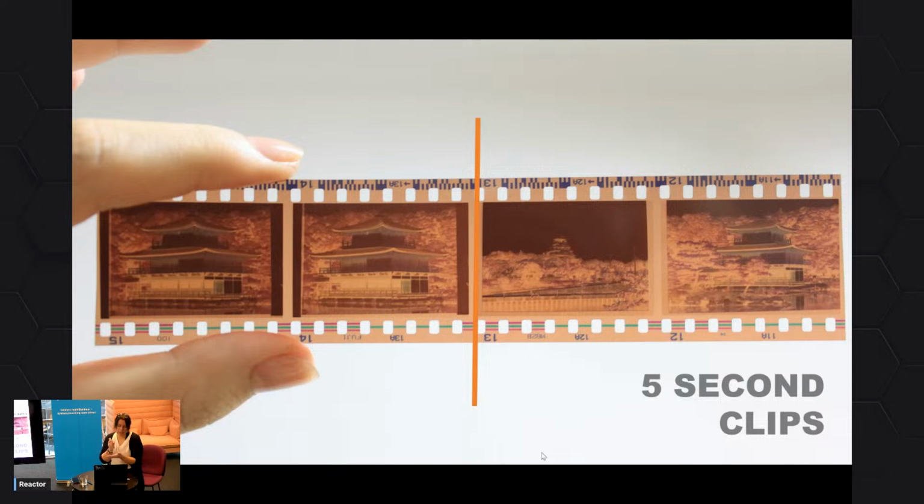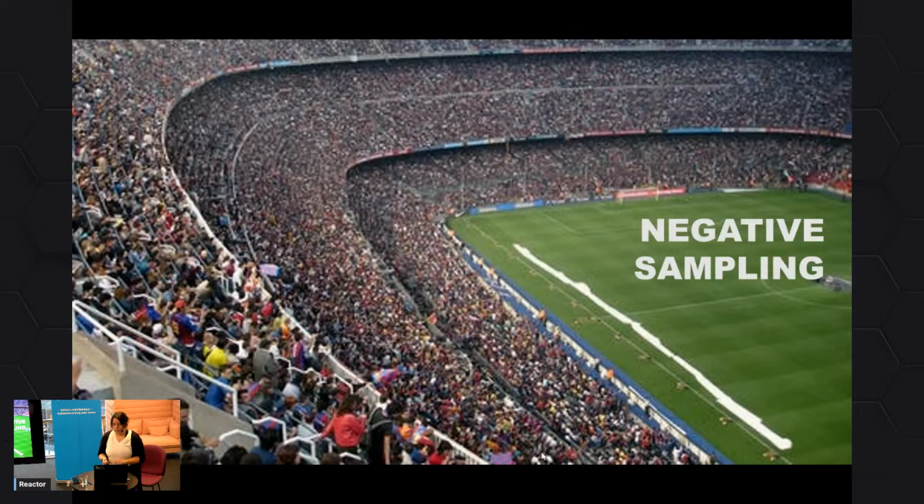You can't take a still shot, because it might be a shot on goal or it might be an attack. Who knows? Only when you put it in context will you know which it was. We reasoned that 2.5 seconds on each side gave us enough context to say. We tried different versions of this actually. Then you have to do something called negative sampling.